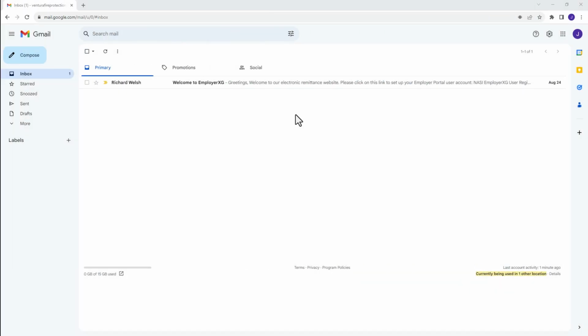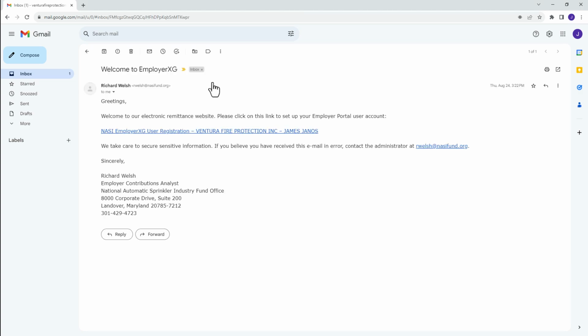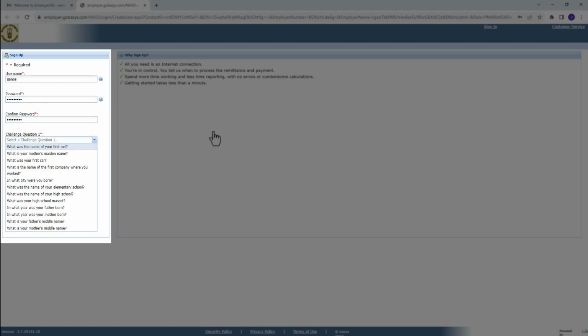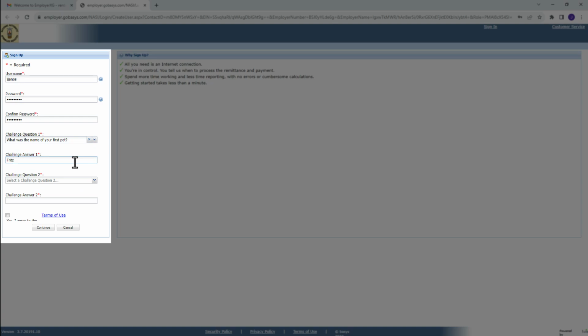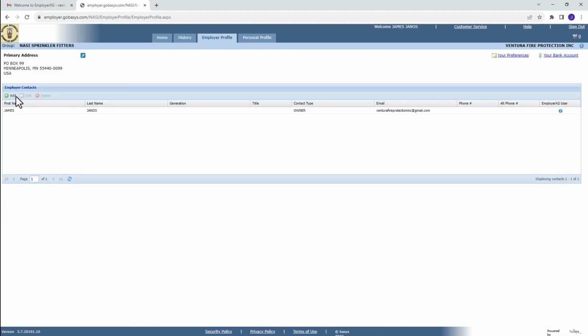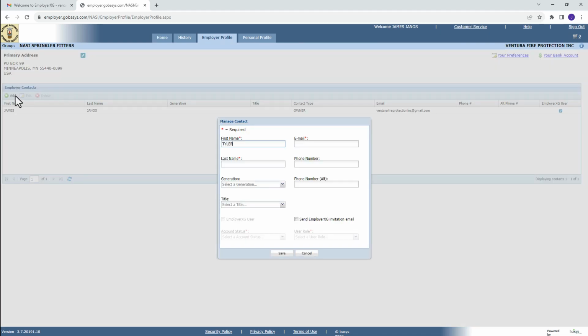The analyst configures Ventura's profile with the necessary Local 417 and Local 669 report classes, then sends an email to the employer's primary contact with a link to register on EmployerXG. The employer contact follows the link and creates an administrator account using this registration form. After registering, the employer contact has full access to the portal as an administrator for their organization. From the employer profile, they can add additional contacts,